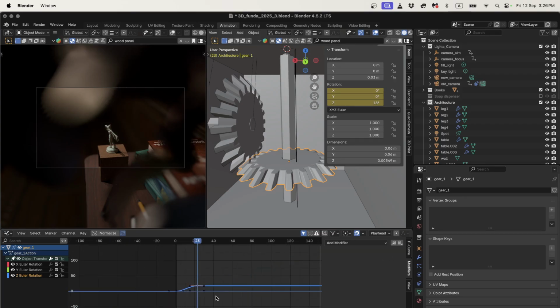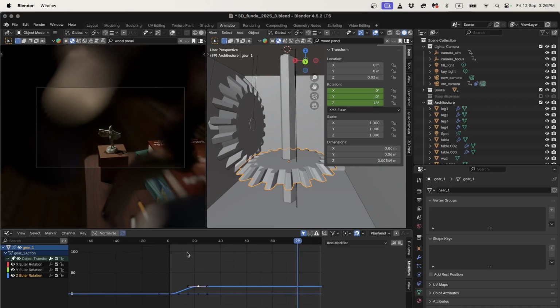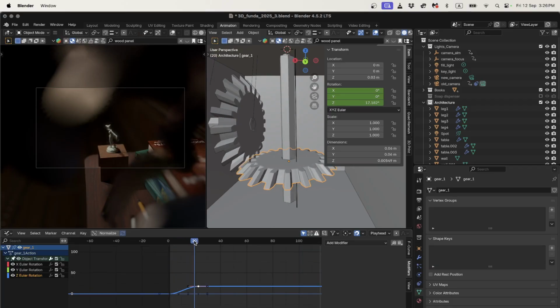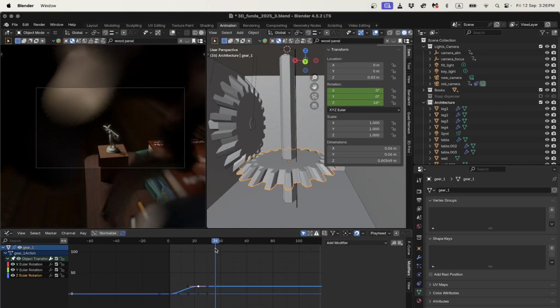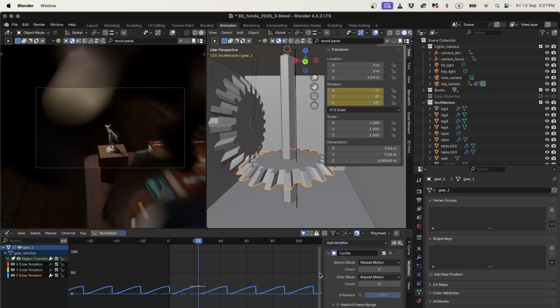So if I take that off, you'll just see there's one tick. So it'll go tick, and then it stops doing anything. So we want that rotation to happen all the time, every, whatever it is, 23 frames. So I just, with that Z Euler rotation selected in my graph editor, I just go add modifier, cycles, and